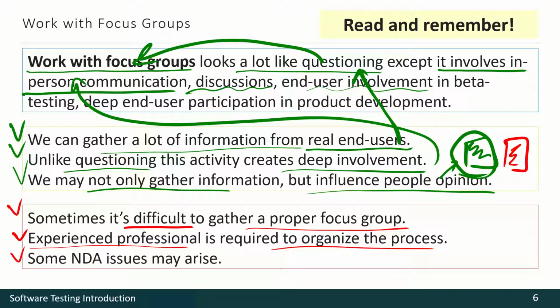And there are some legal questions here. Something like a non-disclosure agreement or anything like that should be taken into account here. Because these focus groups will get access to some information that may not yet be public. So we have to absolutely think about it, remember about it, and ask legal specialists to create some papers and ask the people from focus groups to sign these papers in order to avoid problems in the future.